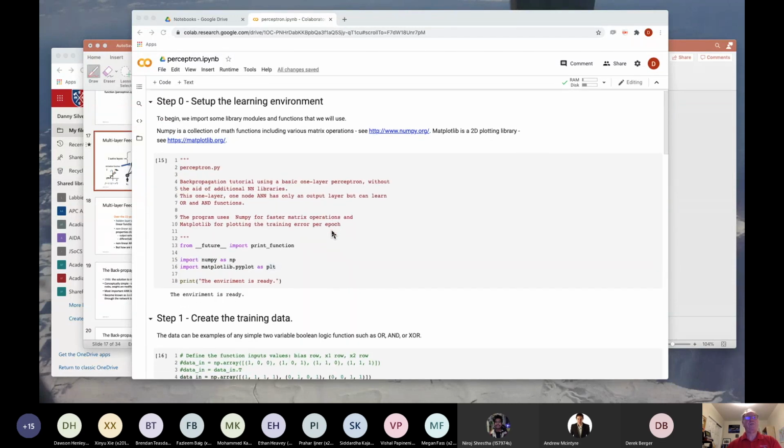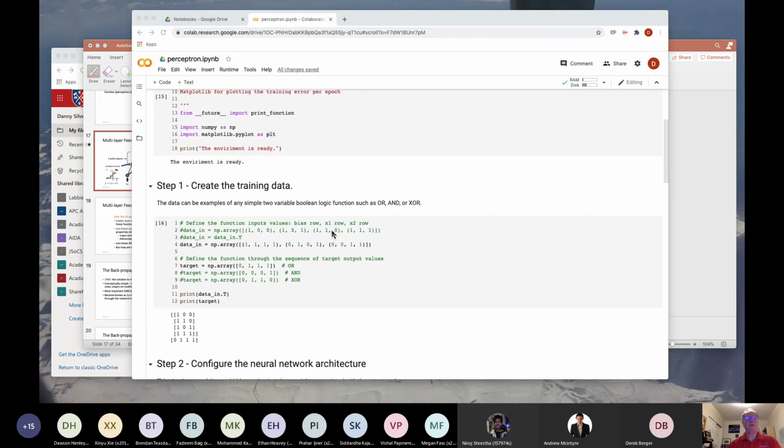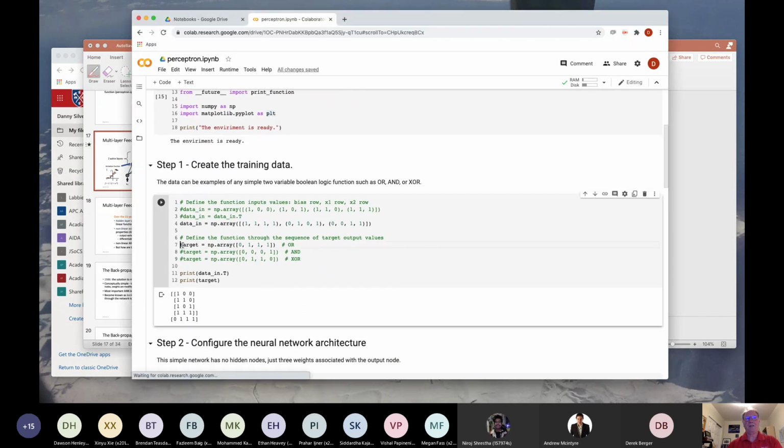Let me take you back up here to our perceptron code once again. I just want to show you what happens if we try to develop a model, instead of learning the simple linearly separable OR function, if we try to train the model on the non-linearly separable XOR function. So you can try this as well. Comment out line 7 in step 1 and replace it with line 9. So you're setting your target values now to indicate that you want the outputs for the XOR function.